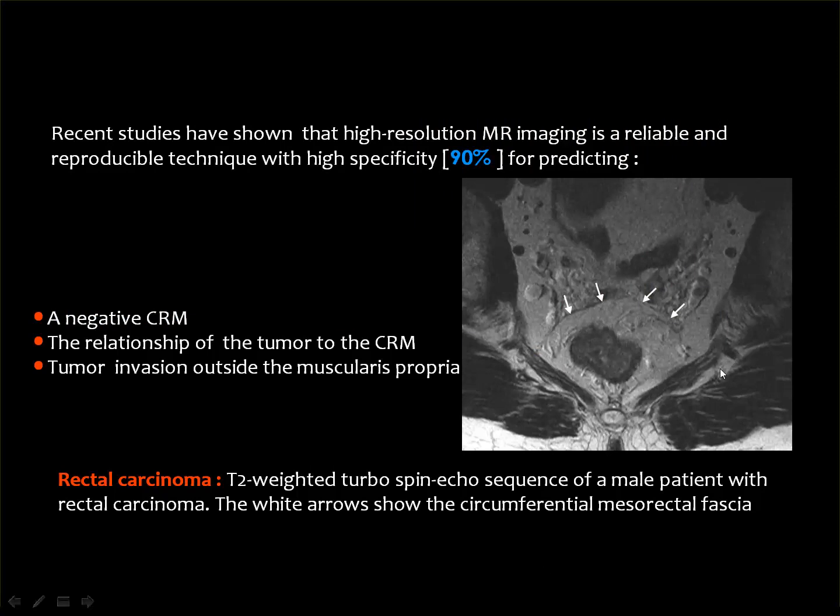And this is a tumor of the rectum that has extended beyond the rectal wall. But this image is just to show the mesorectal fascia and to show that there are no mesorectal lymph nodes around the tumor. Then the studies show that high resolution MRI is a